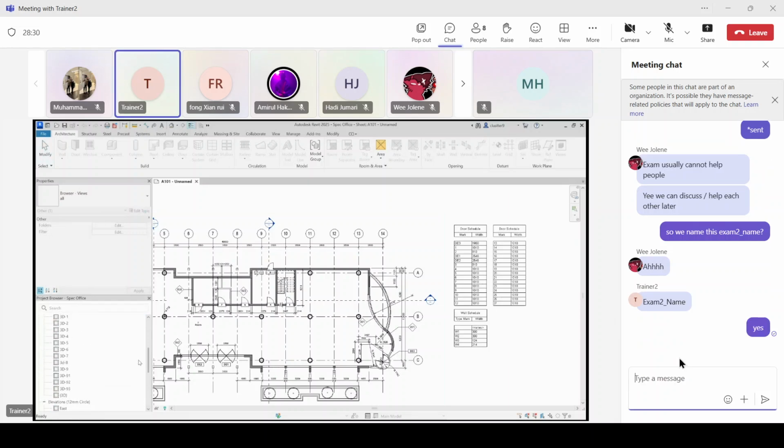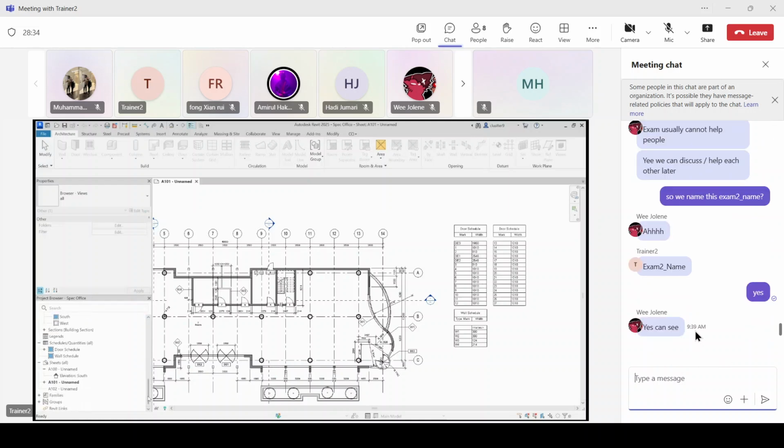If yes, then I'll continue. Then go to the schedule. No, sorry, not the sheet, go to the schedule. Then right click. I'll highlight. You go to New Schedule/Quantities. How to snip? Wait, let me check. Cannot snip. Can everyone follow?